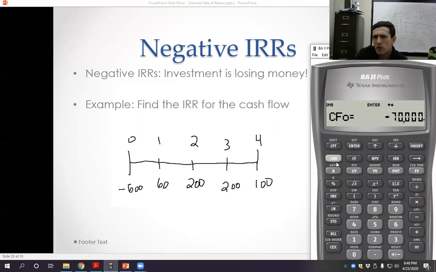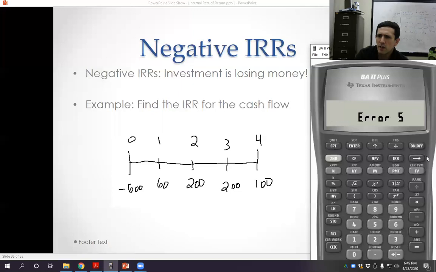Again, cash flow, clear work. So we know this is easy. 600, go down. 60, enter, go down. Go down again. I would just enter 200 twice. It literally saves me a second to enter the frequency twice, and if you can avoid it, there's no point in doing it. So, yeah, I mean, you know, the whole point of the frequency button is to save you time. Okay, so we entered all this, and I believe it's going to be minus